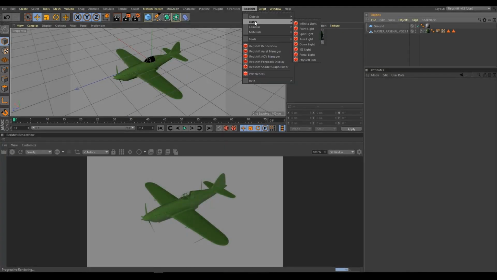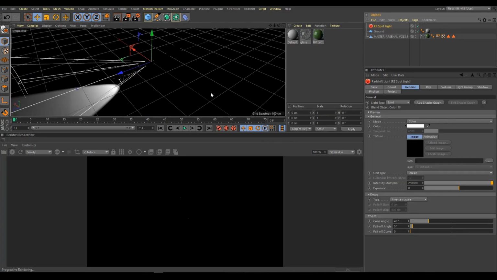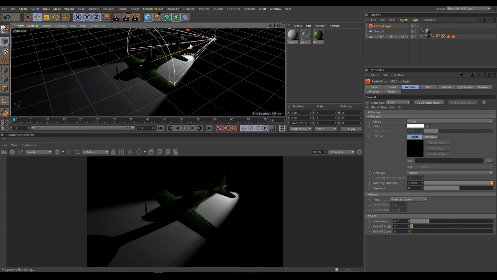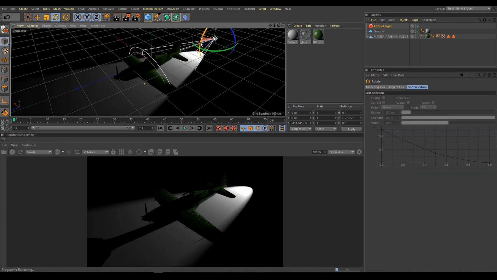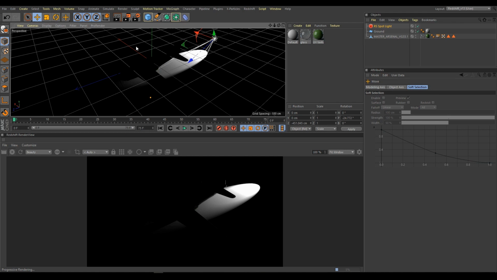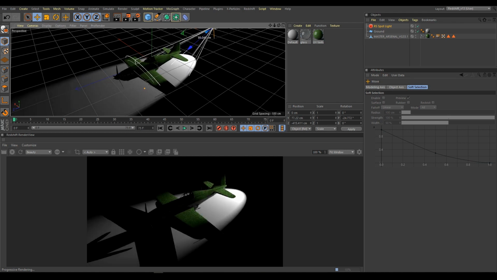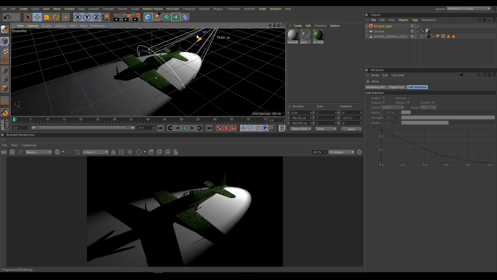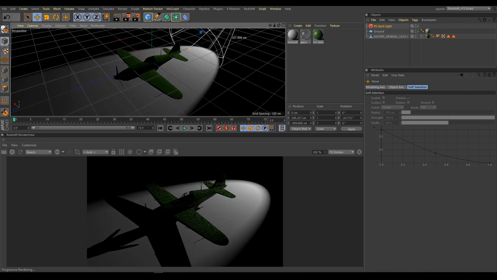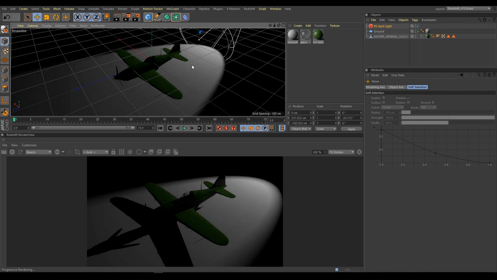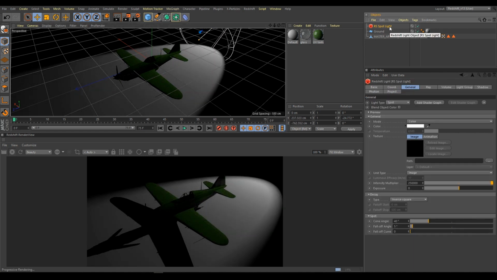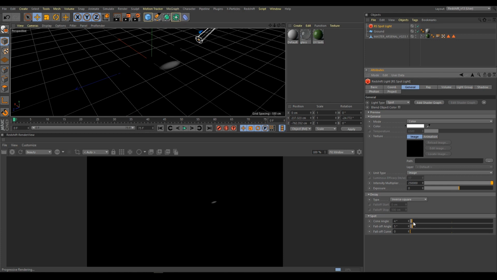Go to Redshift menu, Light, Spotlight. In your 3D preview, you can see a representation of your spotlight. You can move and rotate your spotlight to find your sweet spot. Position of spotlight affects intensity, shadow and lighting area as well. Select your spotlight. And as you can see, we have access to spot section and we can change cone angle,